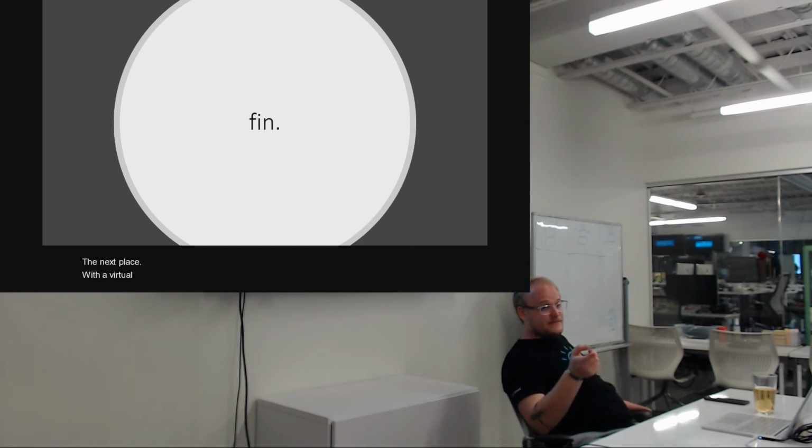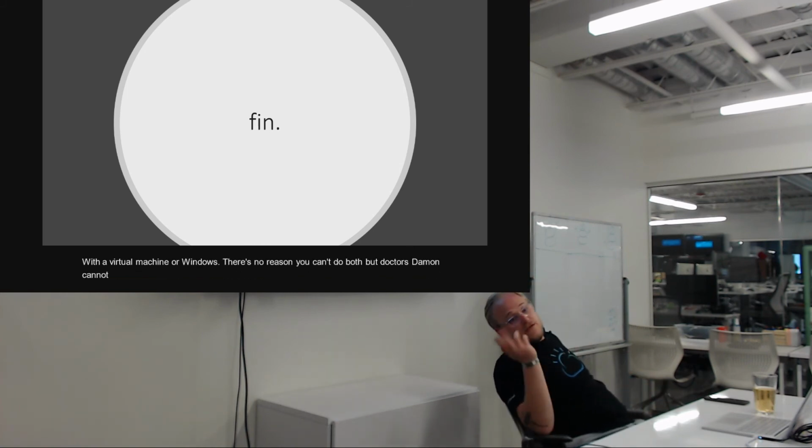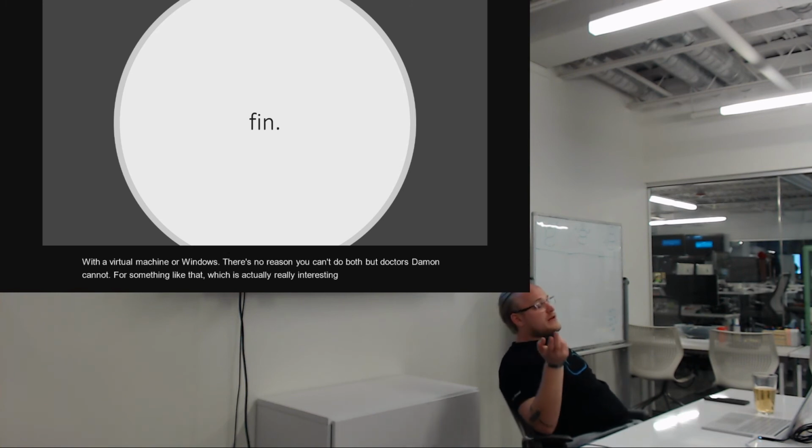Or Windows, but it can't do both. The Docker daemon cannot. There's no reason you can't do both. The Docker daemon cannot. So for something like that, which is actually a really interesting use case, you can either